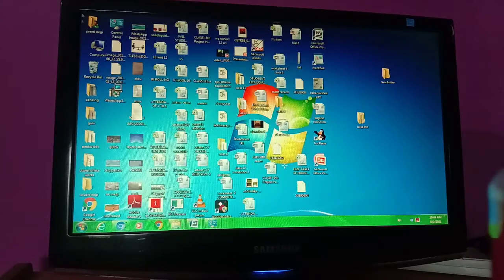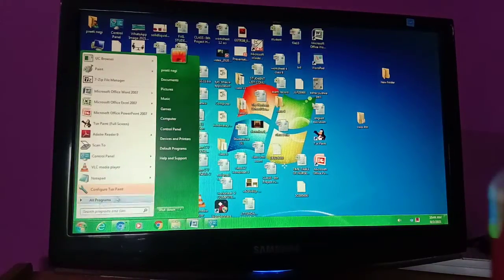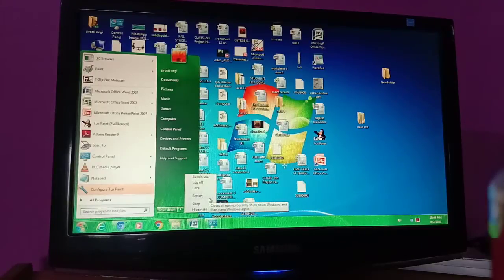You also have the facility of Shut down. From here you need to click on the Shut down option. There is also the Log off option, if you want to log off your computer. You can restart your computer if you feel something is wrong, or when you are installing something in your computer system.